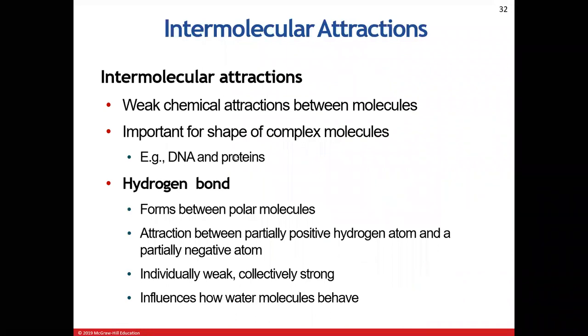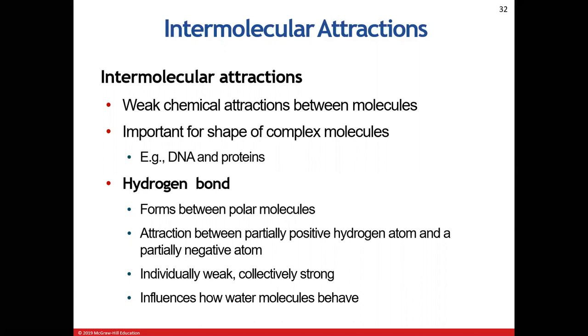So if we look at these intermolecular attractions, and we look at what these polar molecules can actually do, we have these weak chemical attractions that occur between molecules. These are what we typically call hydrogen bonds. The significance of hydrogen bonds in the human body is that they're important for developing the shape of complex molecules. So for example, DNA and proteins utilize hydrogen bonds between their components in order to help maintain their